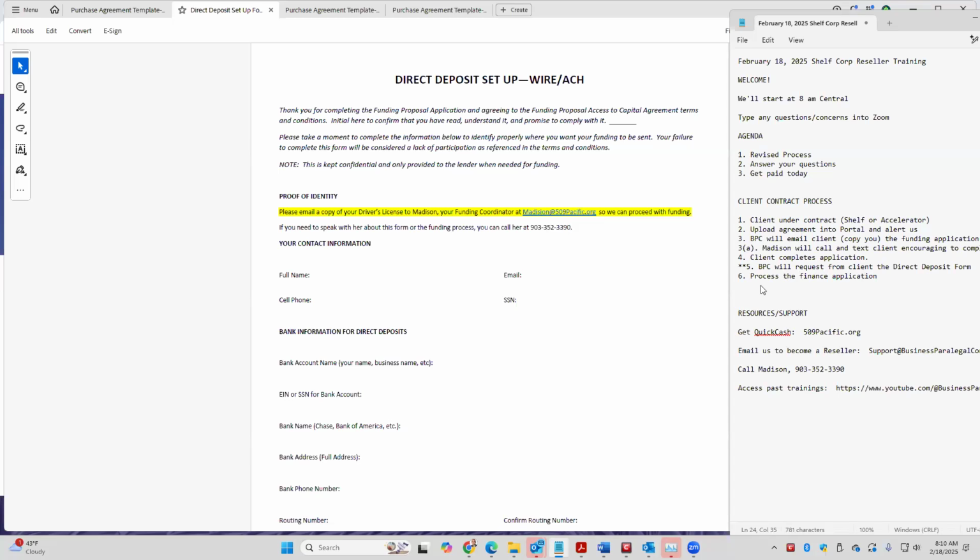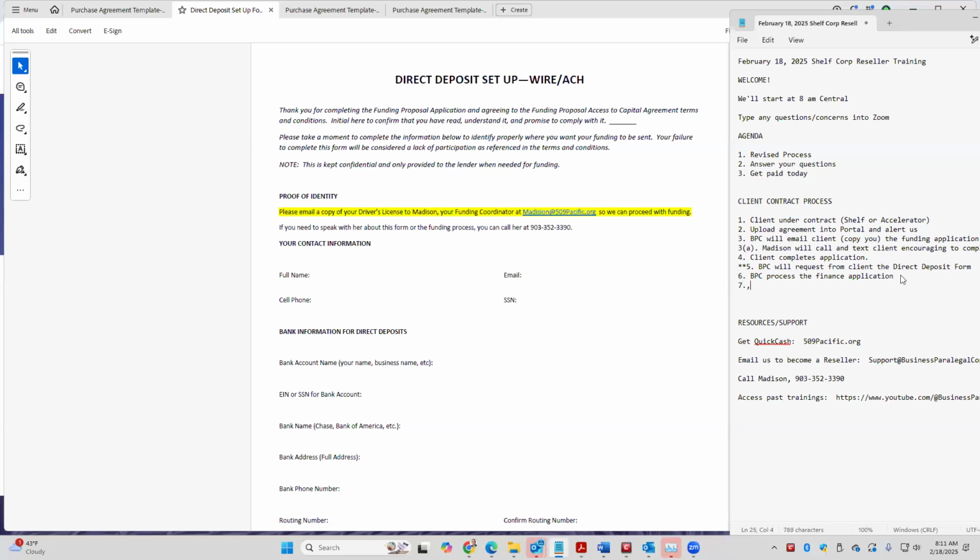And if you remember on yesterday's training, we went through and we gave examples of what we call first tranche financing, or seed capital, how much the client qualifies for upfront. Now, they don't have the shelf corp yet because they've not paid for it. They don't have all the benefits of the accelerator because they've not paid for it. What we're trying to do is get them financing to pay for the shelf or the accelerator. So that way you're paid and then they end up with some fund money in their pocket as well. So our team will process, I guess I'll go ahead and put on there, BPC will process the finance application,